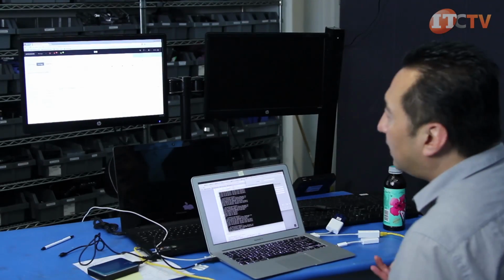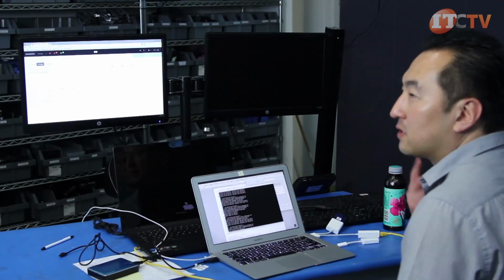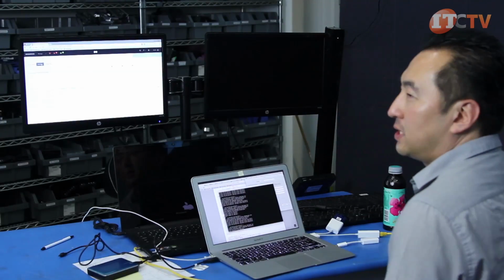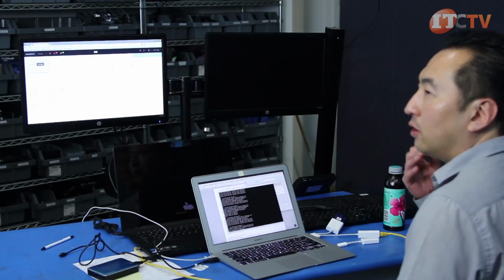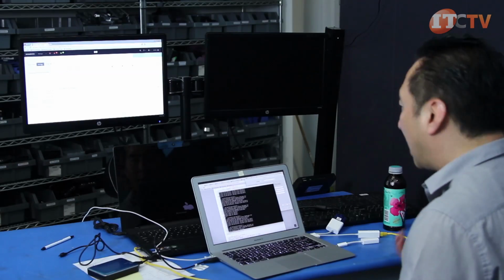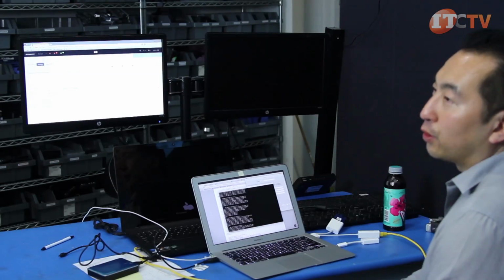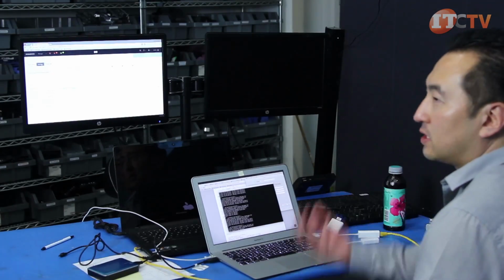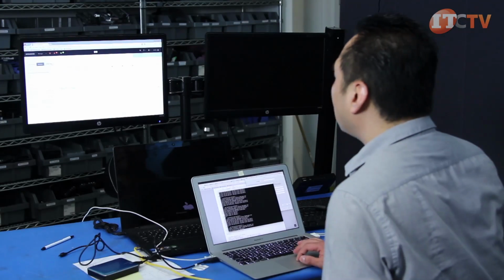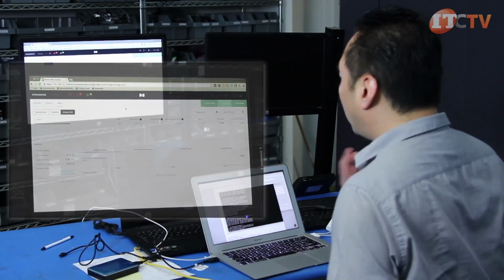If we're running Hyper-V, each container would be equivalent to an SMB data store. Or since we're running Acropolis here, each container is equivalent to an iSCSI data store. And each hypervisor has its own storage protocol methods that it accesses the storage with as well. But if you wanted to go ahead and create a storage pool,